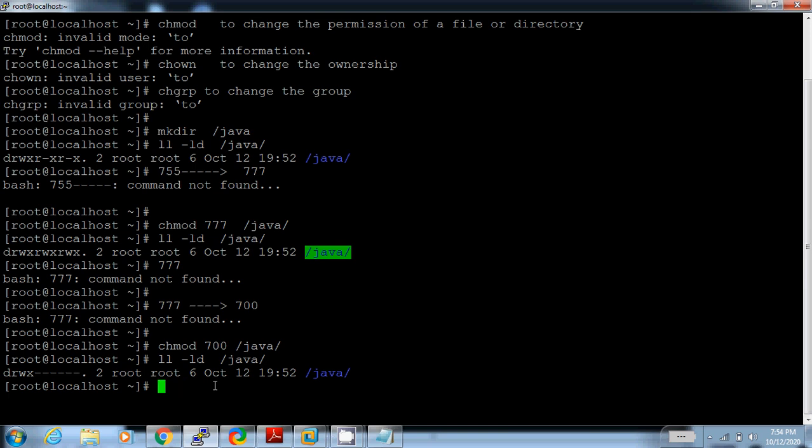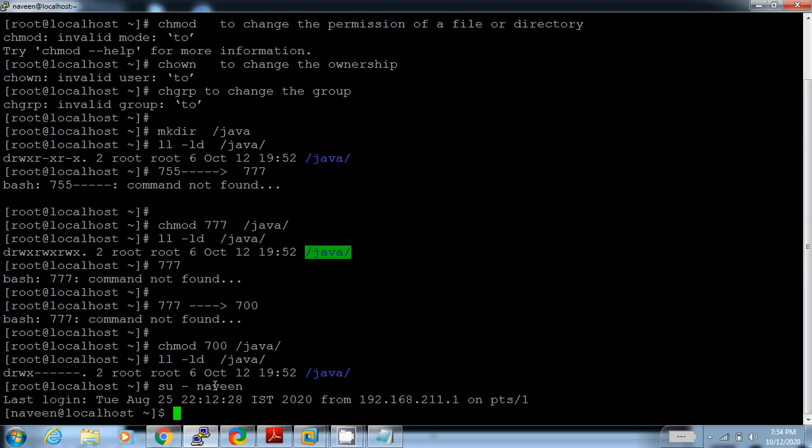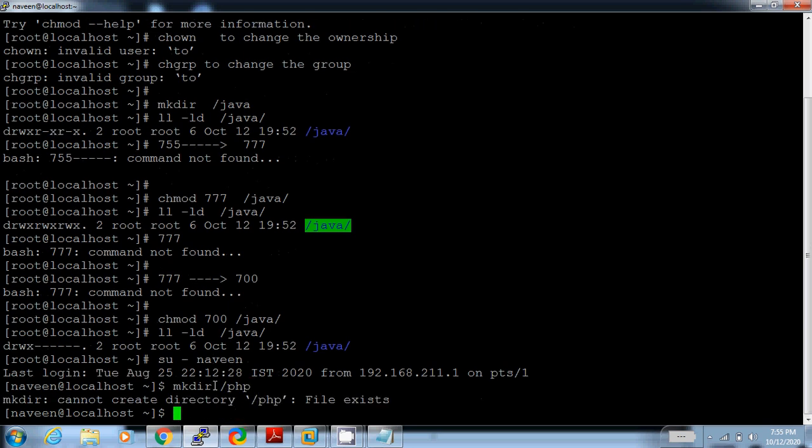Now check with normal user. I am login with another user. I am login with Naveen. This is normal user in my system, and I create a folder with mkdir.